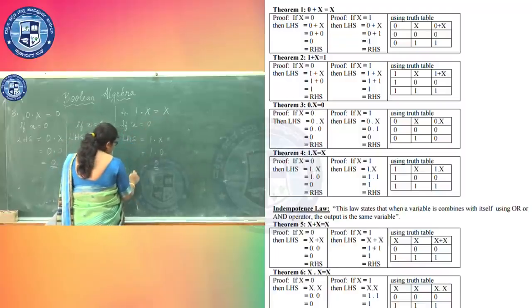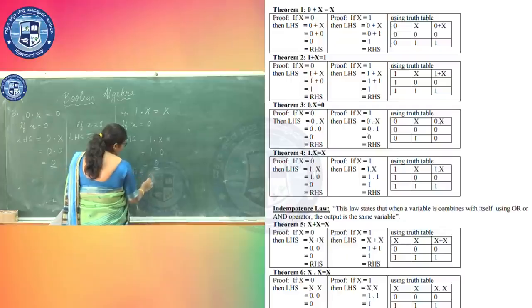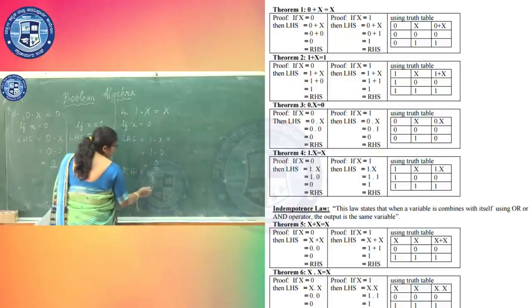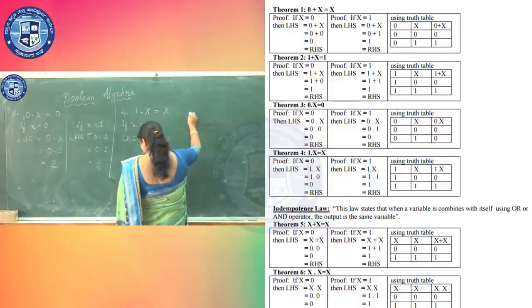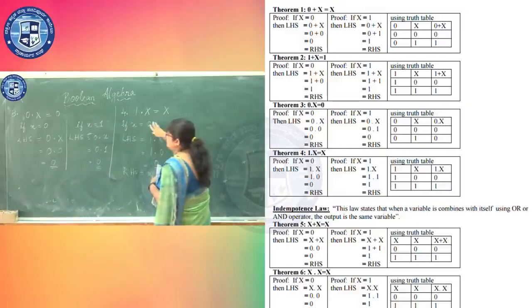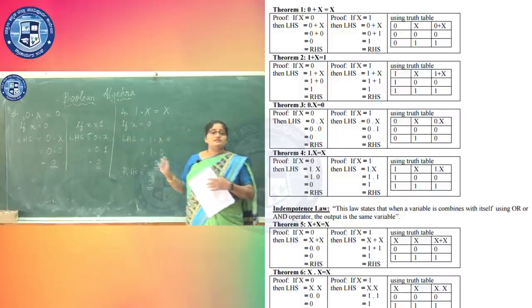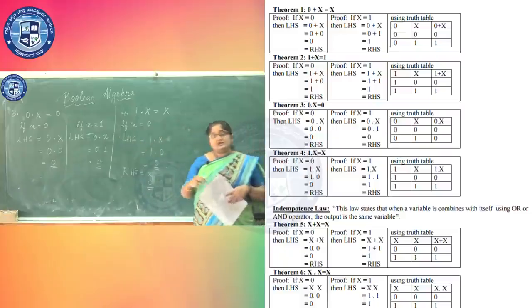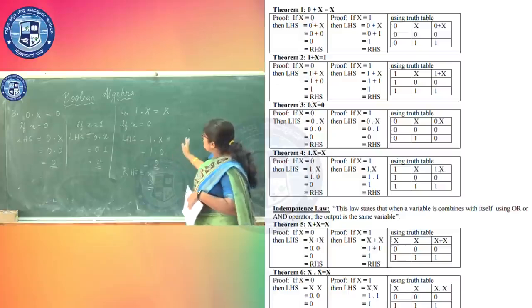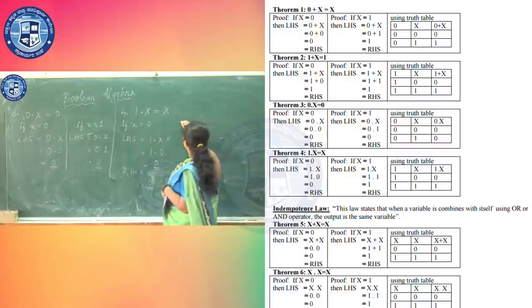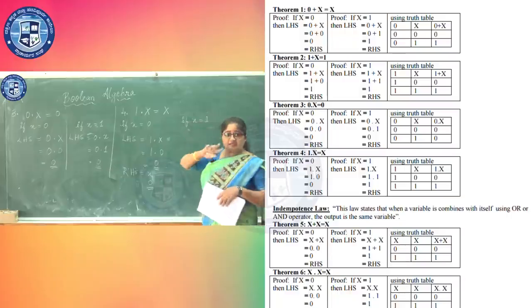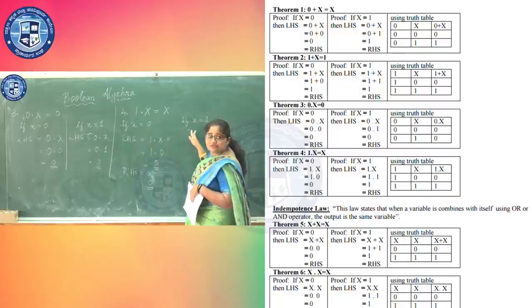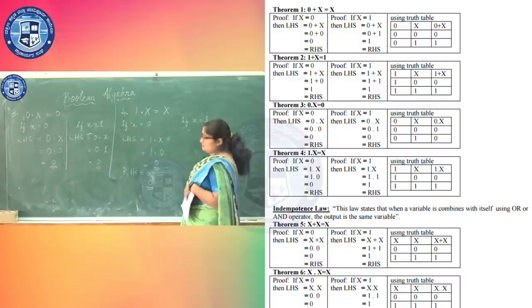Our right hand side is x, and that is having the value 0. Next, these four were the properties of 0 and 1, and these properties of 0 and 1 have been proved. Sorry, if x equal to 1, I am sorry, I just missed one part over here. If x equal to 1,